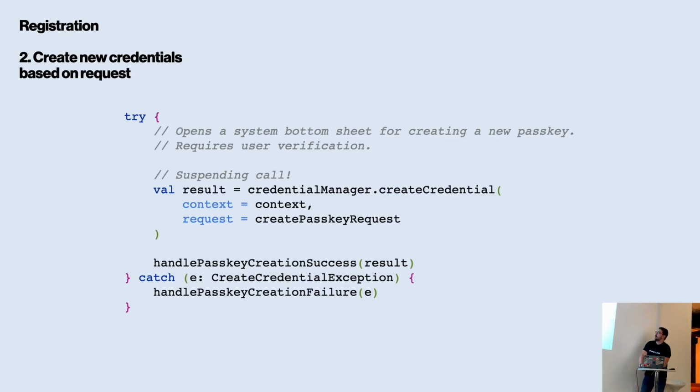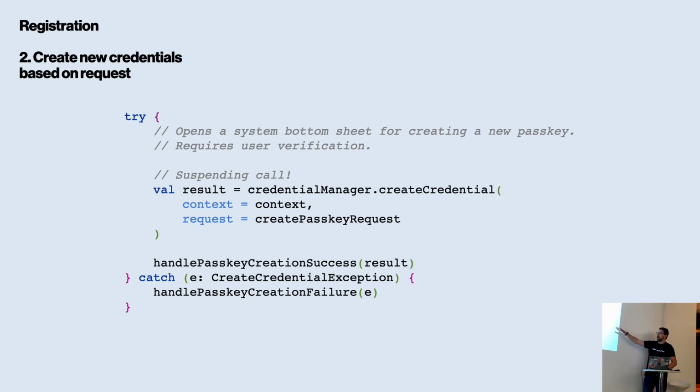So yeah, it makes sense to fill them out. Okay, now we have this try and catch mechanism, which calls the credential manager, and it uses that request that's being created to simply create credentials. The entire call is it.